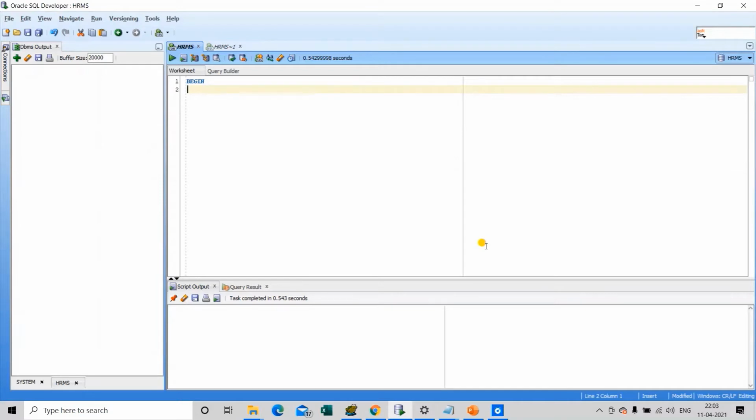Let's try to add an anonymous block here in which we will raise our exception of type no data found.